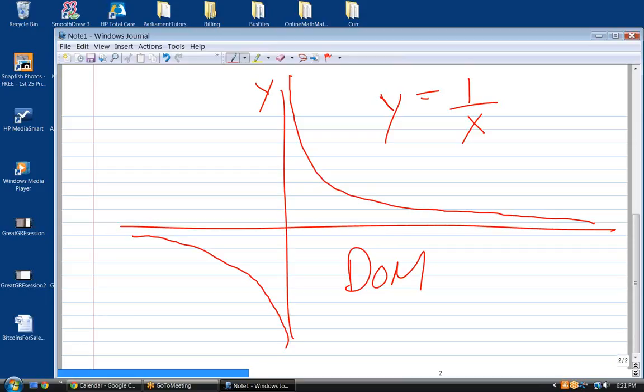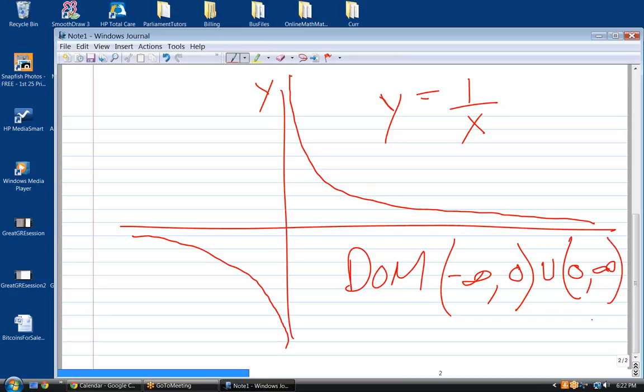Read from the graph. It would be... Where does it start? On the far left, -infinity. Okay. It ends at +infinity. Can it cross the y-axis? No. So it'd be -infinity to 0. And it can't be 0, because that would be division by 0. Right. Union with 0,